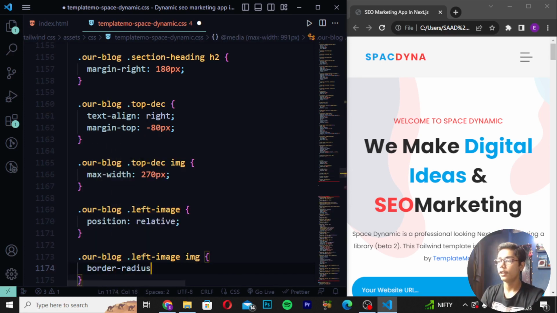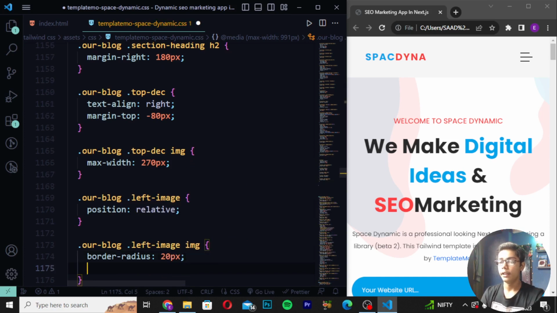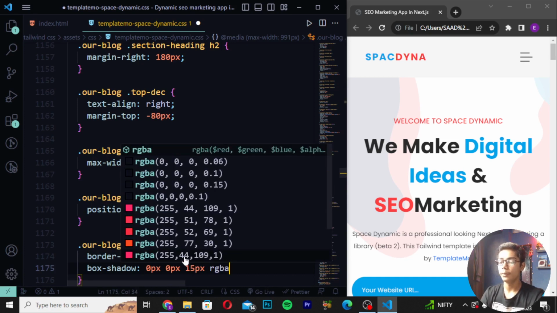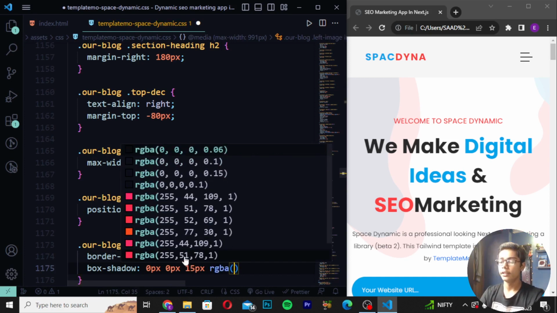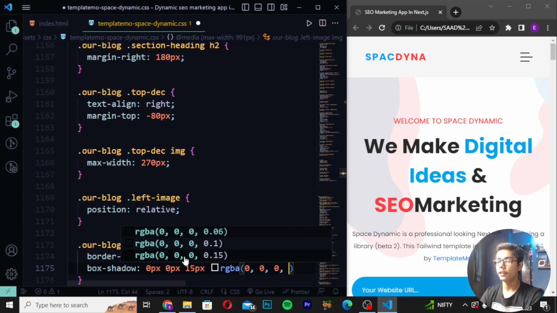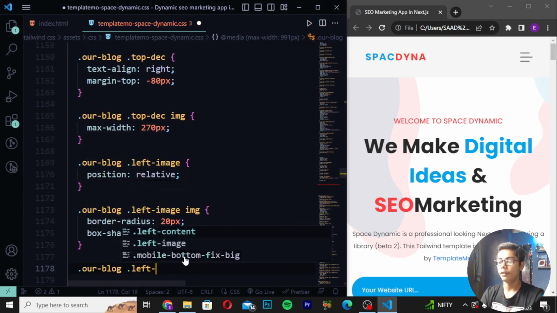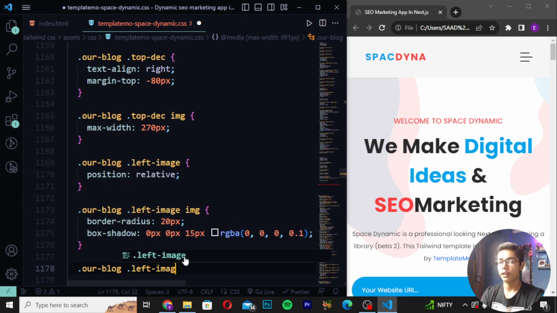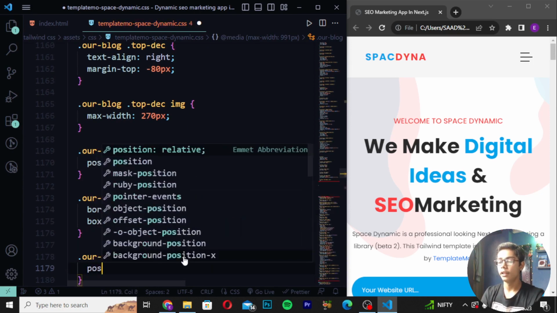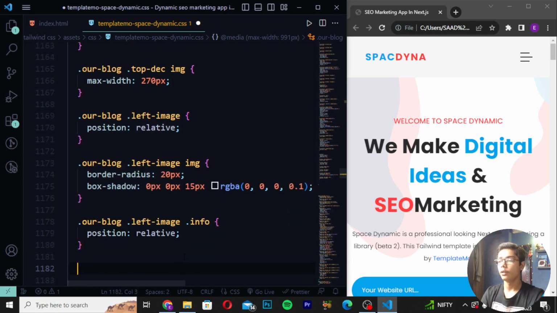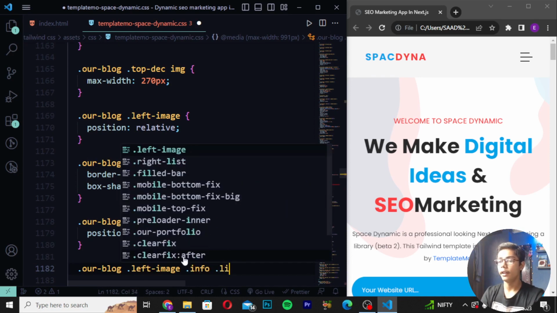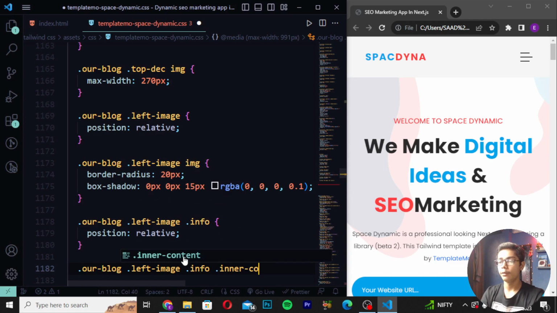and then you have to create 20 pixel, and then write box shadow should be like 0 pixel, 0 pixel, 15 pixel RGBA, and then write 0, 0, 0, and then write 0.1. Then close this and create our blog and write dot left image, and then write dot info, and I will be writing position relative. Then you have to write our blog like this and create dot left image, and then I will be writing dot info and write inner, and then you have to write content